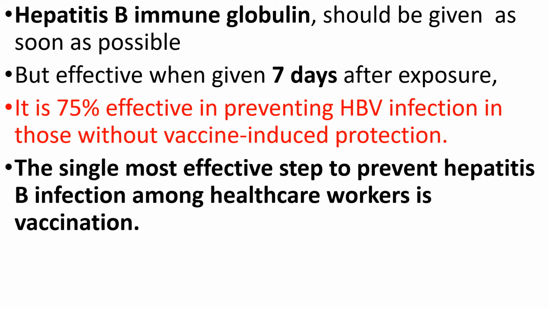Hepatitis B immune globulin should be given as soon as possible after the needle stick, but it is effective when given up to 7 days after exposure. It is 75% effective in preventing HBV infection in those without vaccine-induced protection. The single most effective step to prevent hepatitis B infection among healthcare workers is vaccination